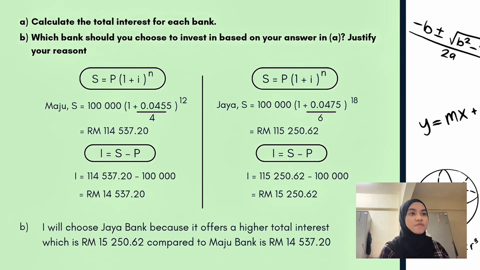114,537.20 ringgit. To find the total amount for Jaya Bank, you need to use the same formula and fill all the information into the formula and you will get the answer, 115,215 ringgit 22 cent. And to find the interest, use the same formula, which is S minus P, and S is 115,215 ringgit 22 divide 100, and the last answer is